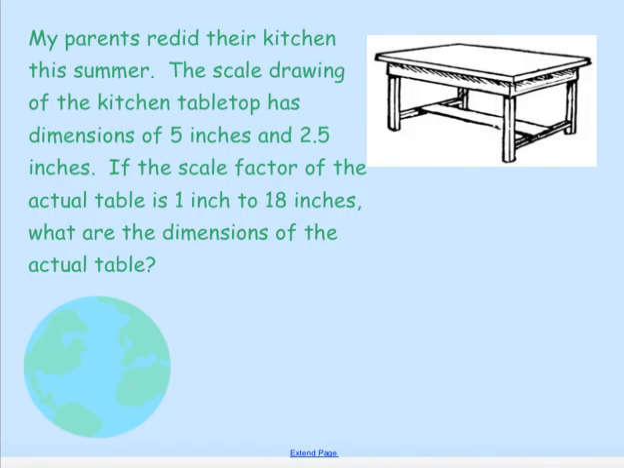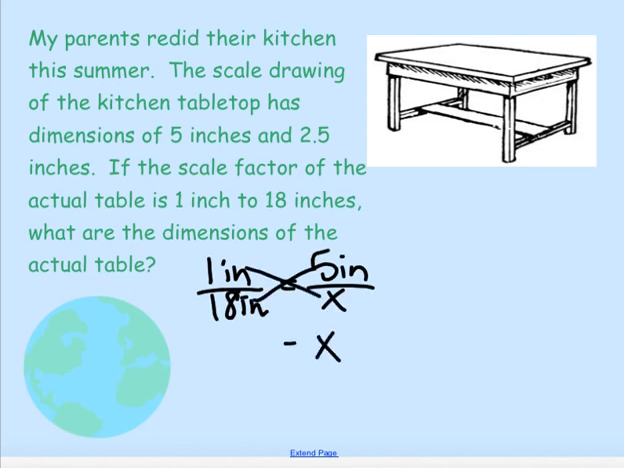And lastly, my parents redid their kitchen this summer. The scale drawing of the kitchen tabletop has dimensions of 5 inches and 2.5 inches. If the scale factor of the actual table is 1 inch to 18 inches, what are the dimensions of the actual table? Well, we have this ratio of 1 inch to 18 inches, and that ratio needs to stay the same. So if I now have 5 inches on the drawing, then I would cross multiply and say that x is equal to